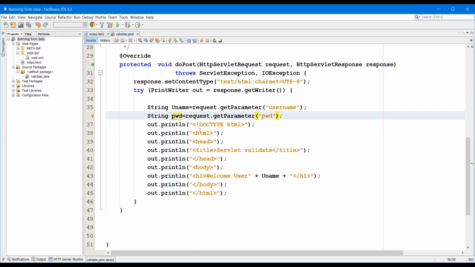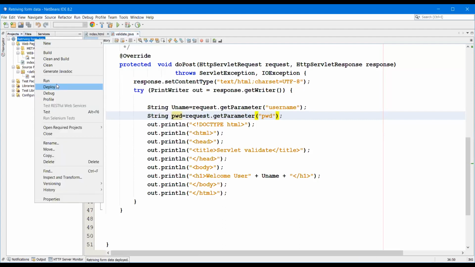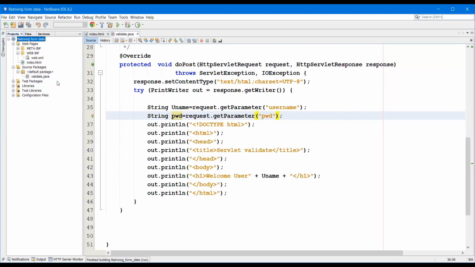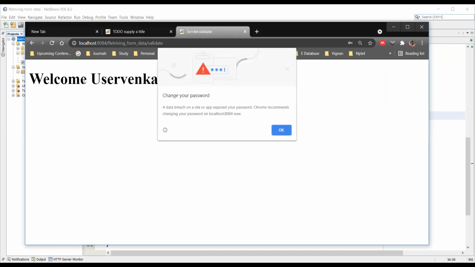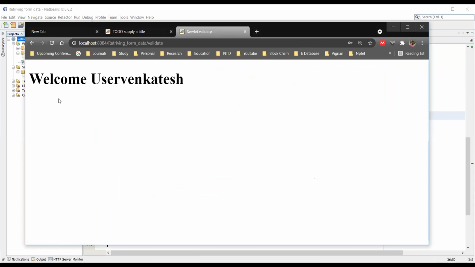Now we are going to run this code. What is it going to give? So I'm going to give a username. Whatever username I'm giving is going to be displayed here. Password I'm giving admin. Next we will print that also. See, welcome user Venkatesh.